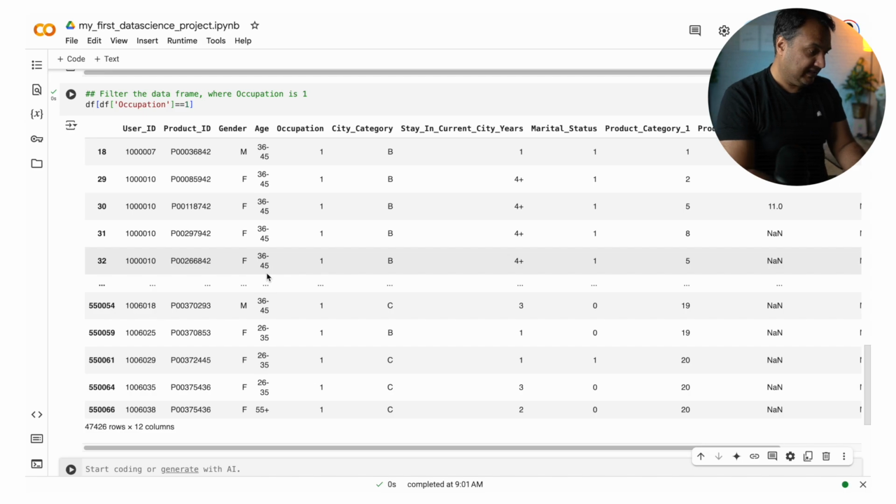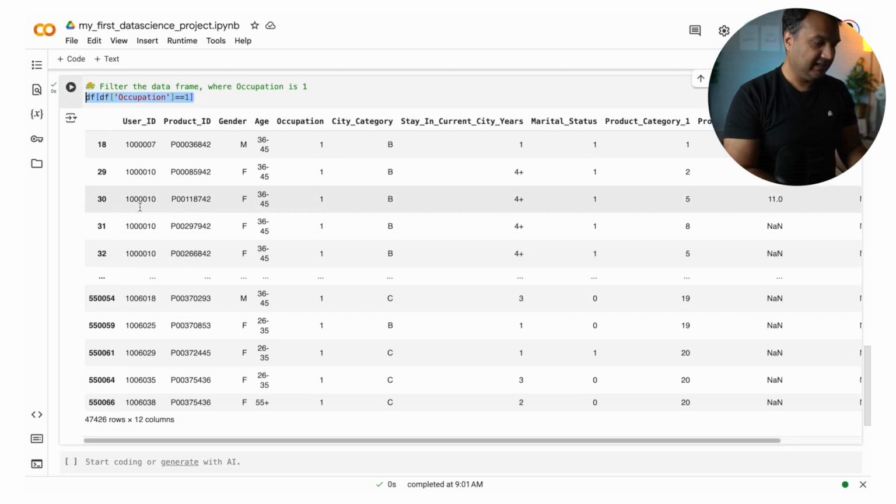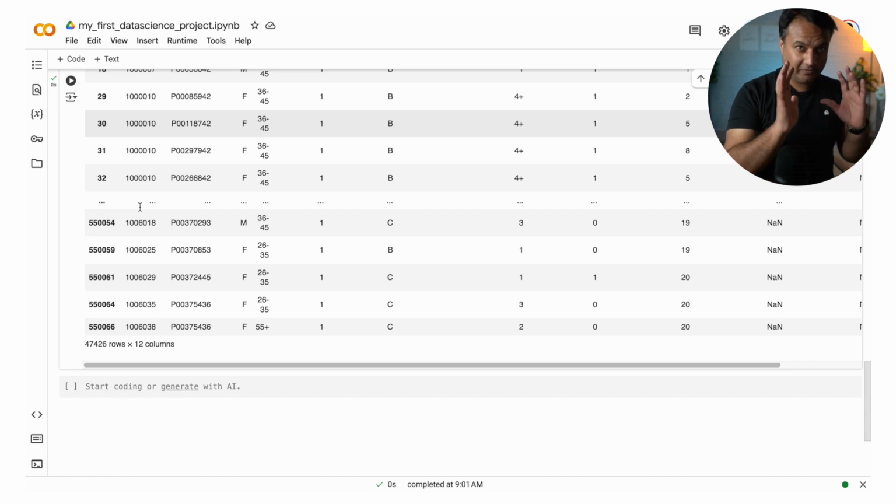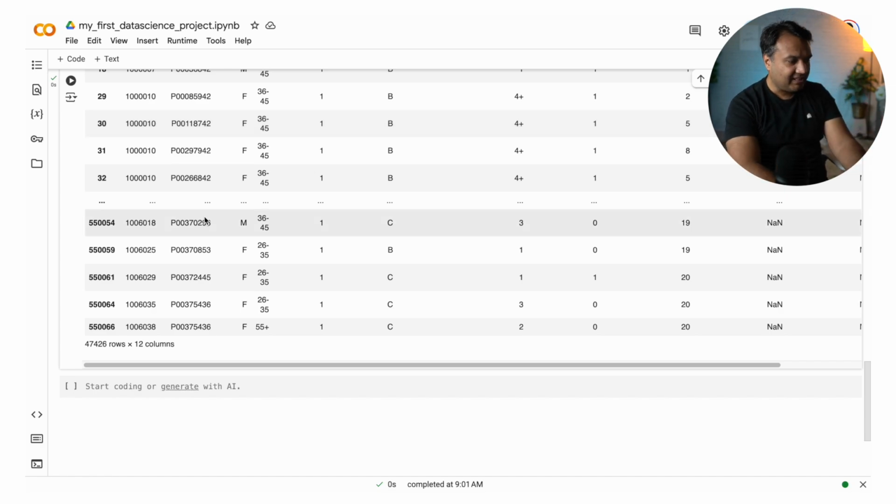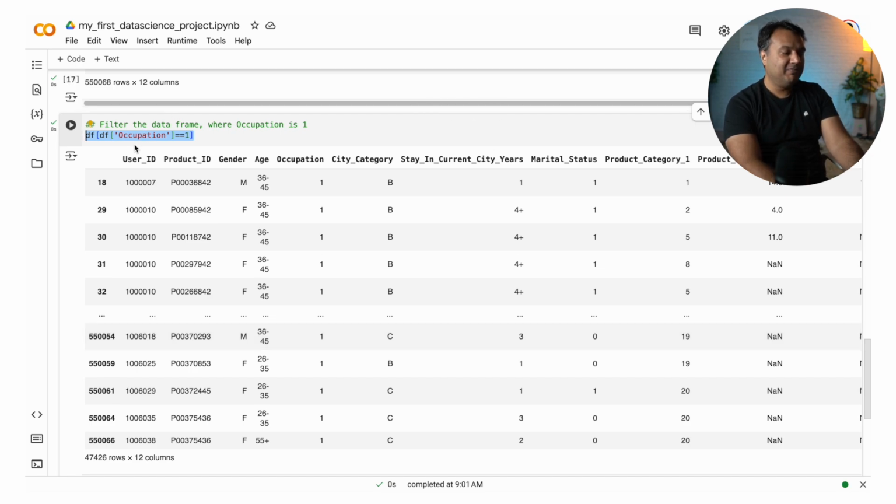Okay, one thing which I was not actually planning to teach, but let's consider it a difficult stretch goal. Let's say I want to see all the people where occupation is 1 and the marital status is 0. I want to see all the unmarried people in the occupation 1 category.